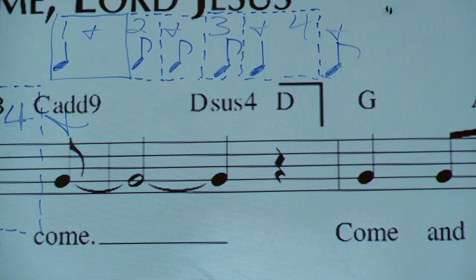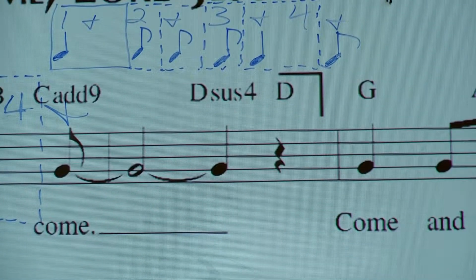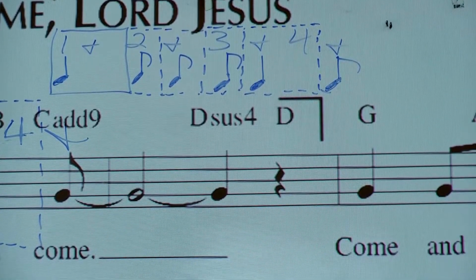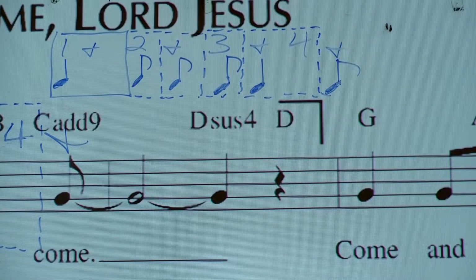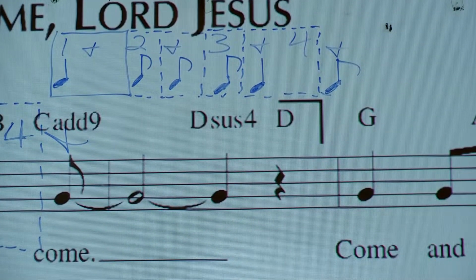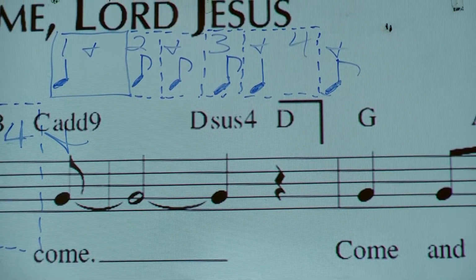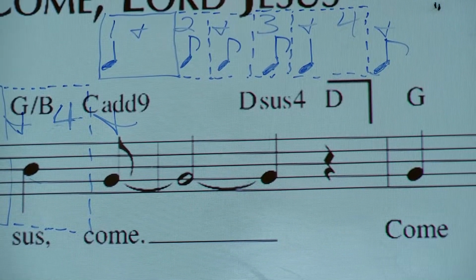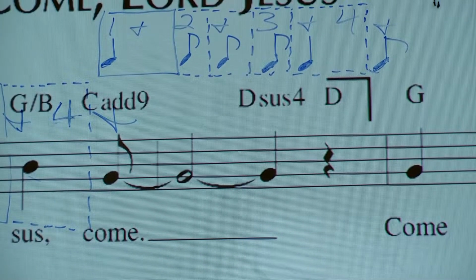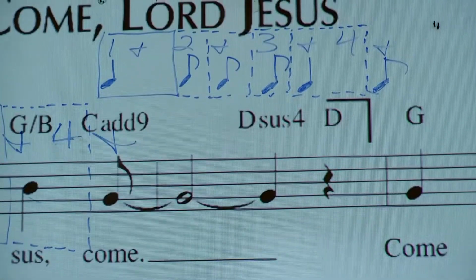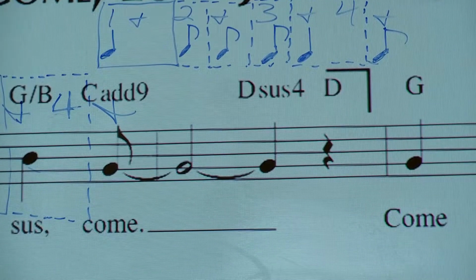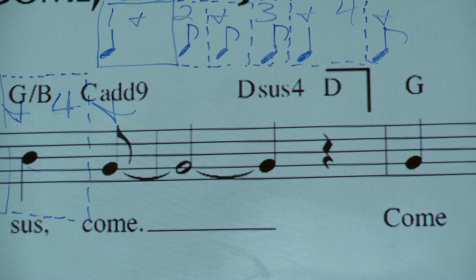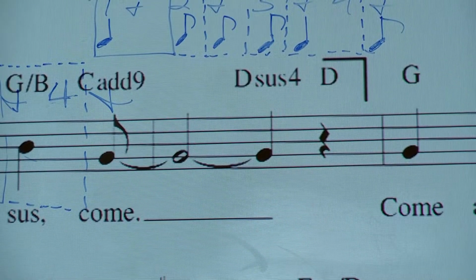Okay, let's see. Shell, can you count for me slowly, including the ands, and I will vocalize the notes. Okay, I'm going to do the first and second measure. All right, let's get this. 1 and 2 and 3, oh sorry, and. 4 and 1 and 2, Lord, and